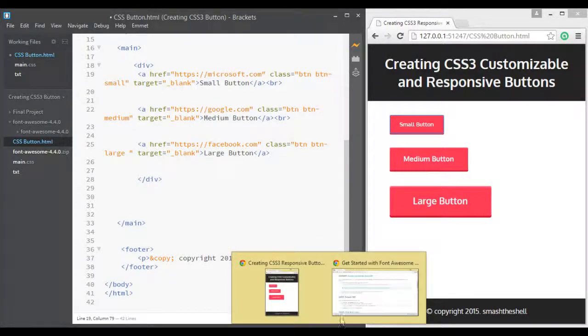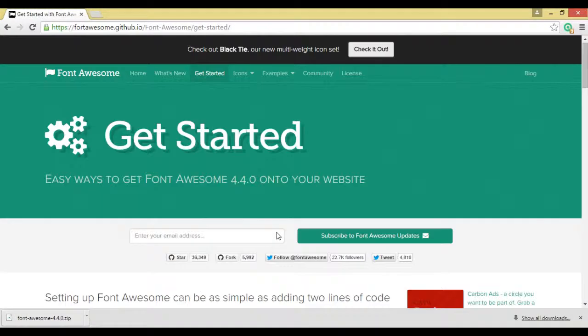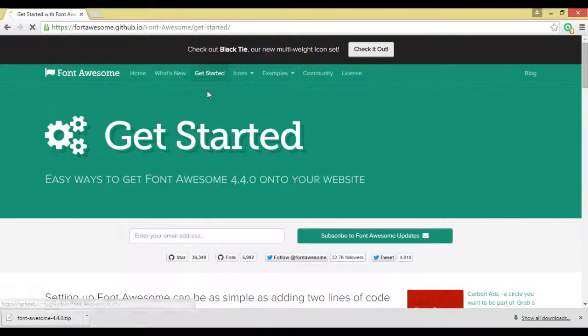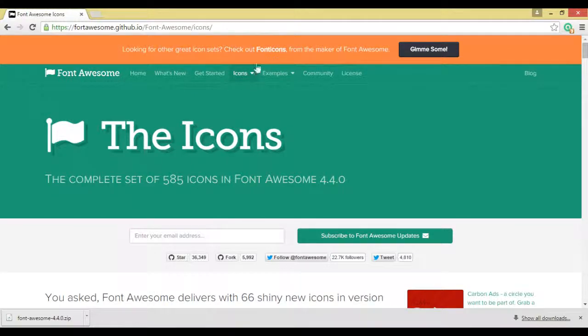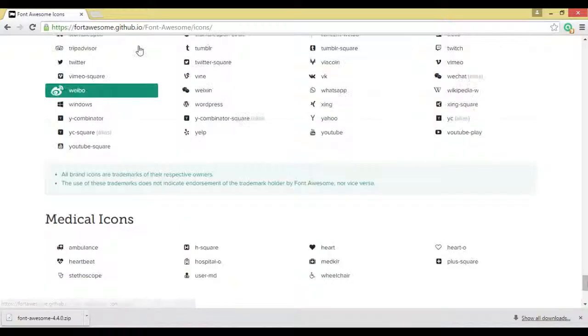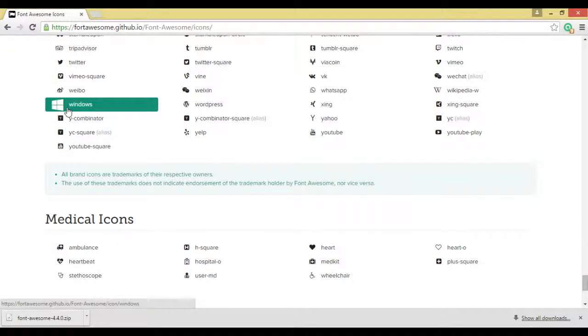I'm going to the Font Awesome website, scroll up and find icons, and here I'll look for all icons. Now I'll scroll all the way down, and let's grab this Windows icon from here.